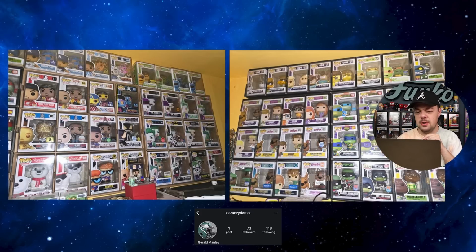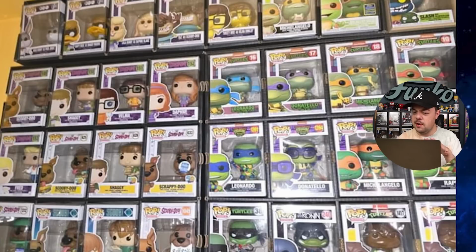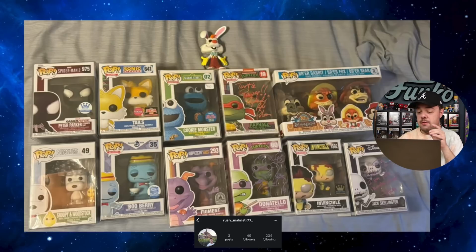xx.mr.rider.xx sent over a really cool collection. I wanted to show this one off because it looks like for the most part he is almost Gabriel Fluffy Iglesias complete. You can see all of the different ones in here, guys, with like the Tapatio one. We also have the Jack in the Box one, Blacklight, and he's got some signed ones up top. Those are pretty cool. I feel like there's a couple of tricky ones to collect in that set, so that's impressive that you have almost all of them, but some Ninja Turtles and Scooby-Doo. Overall, a great mix, and it's pretty cool that you have those fluffy pops. All right,